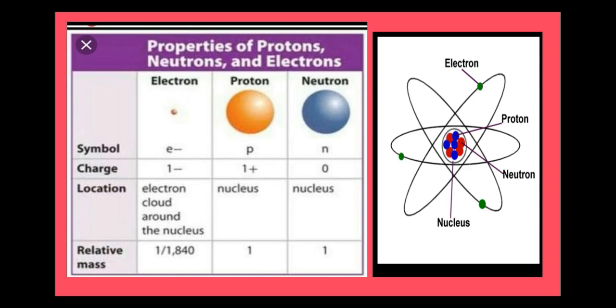So this is all about today's video, and in the next video we will learn about atomic number, mass number, the properties of isotopes, what isotones are, what valence electrons are, etc. Till then, just watch the video and try to understand the concepts of atoms, electrons, protons and neutrons.